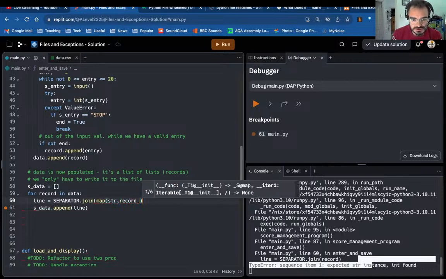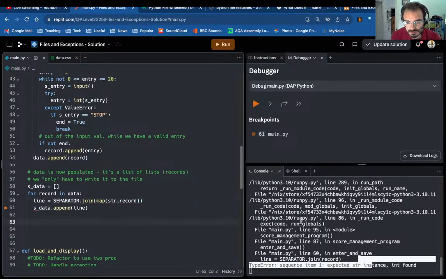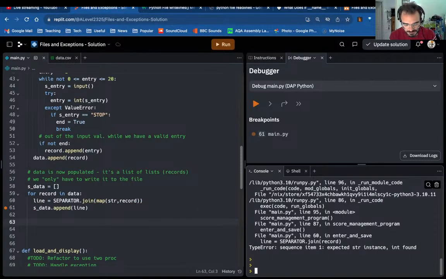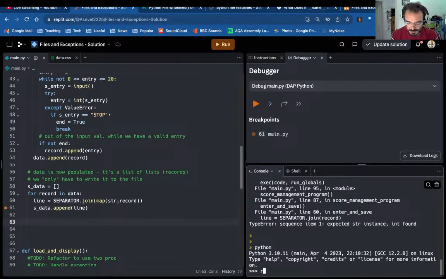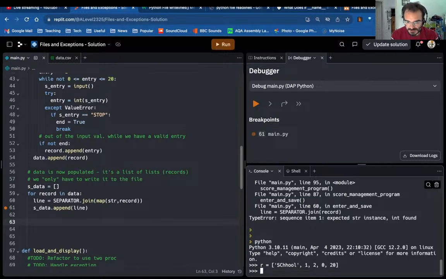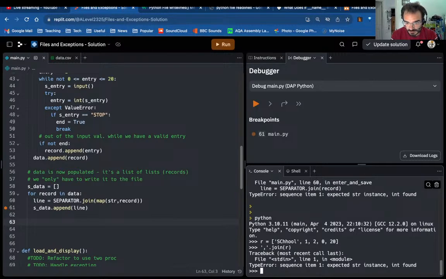Okay, let's simulate a little bit of this in the Python console. Let's launch it. Say I have my record, and it's school, and then there are numbers, 2 and 0 and 20. Now if I do quote, comma, quote, dot join, R, that's not going to work because